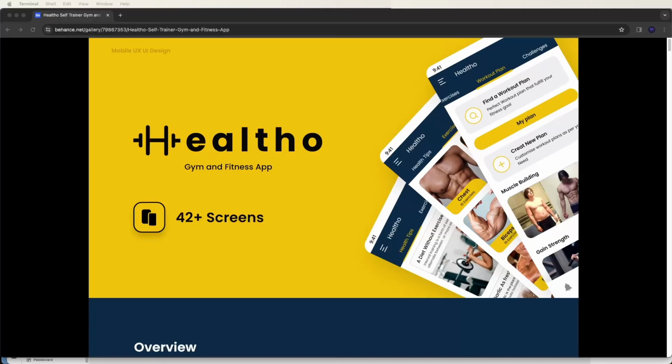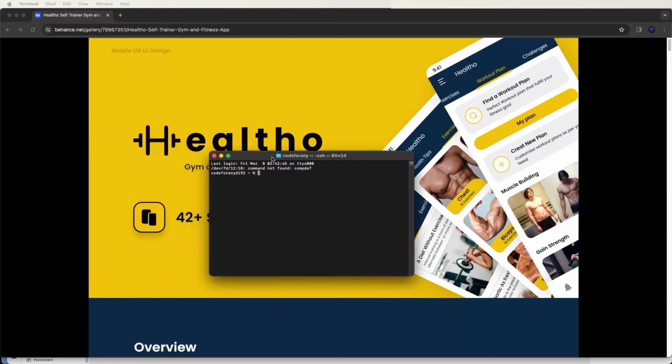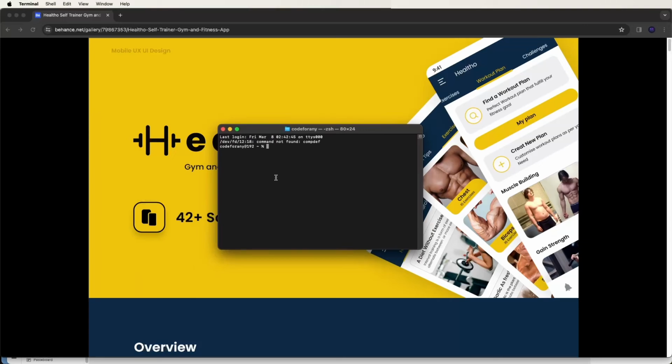Today we need to create the new Flutter project, a Healtho gym and fitness app. First of all, we need to check the Flutter version in the command prompt. So we need to fire this command and check the Flutter version. Now write down flutter --version,